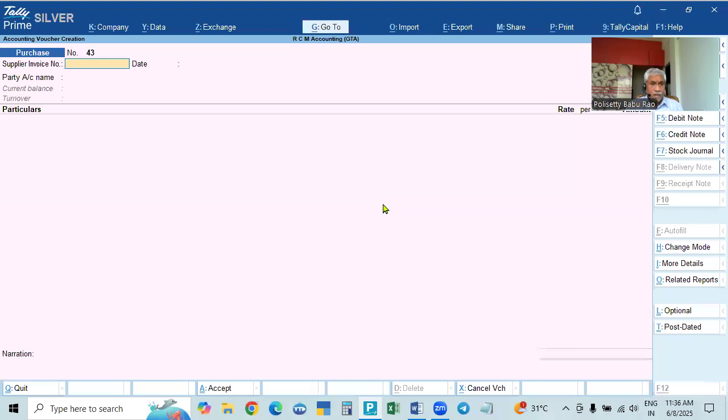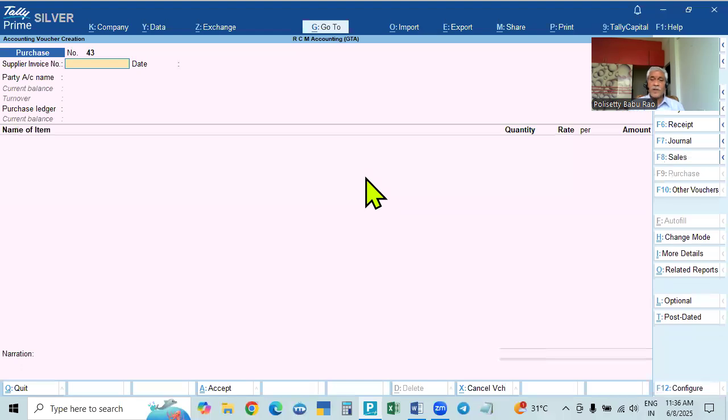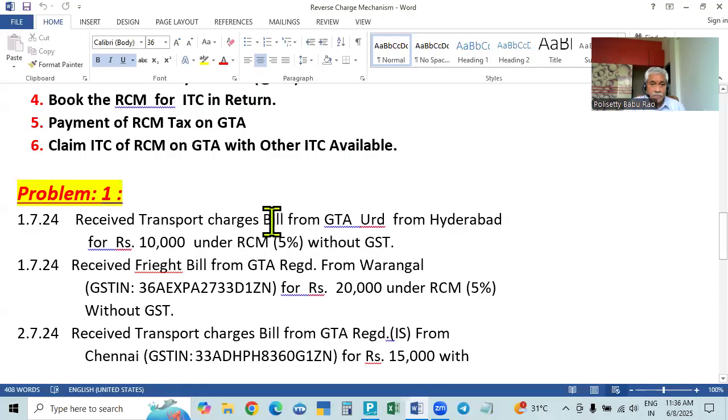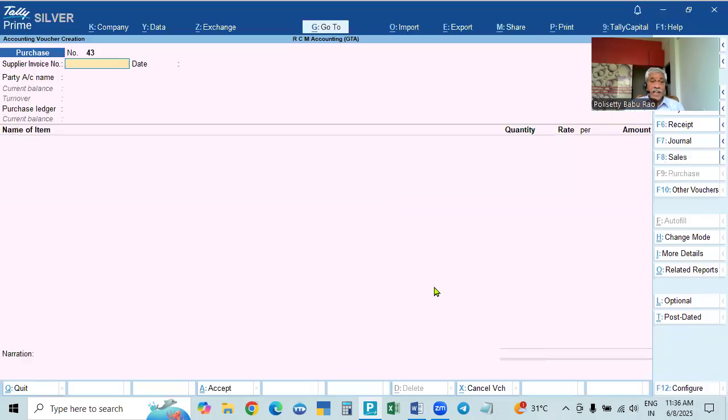So here, our business is purchasing and sale of goods. And also, when you are receiving the transport bill, it means we are purchasing the transport service from the GTA. So we have to enter it in the purchase voucher only, because we can enter this in